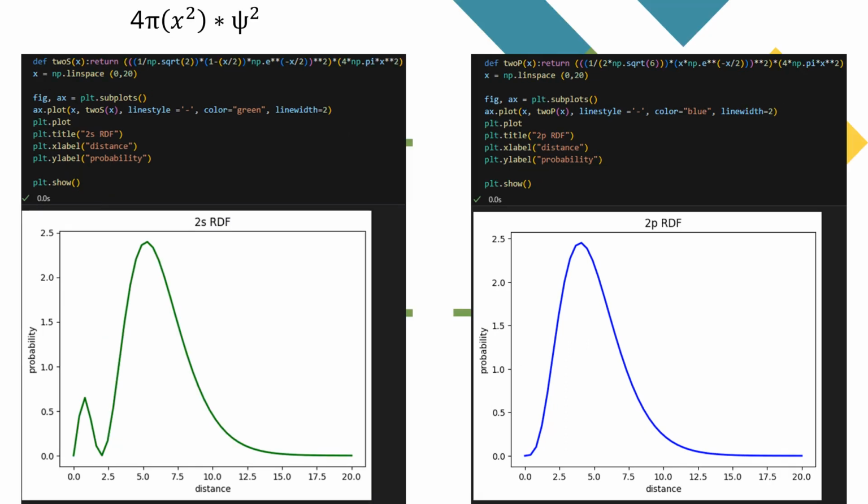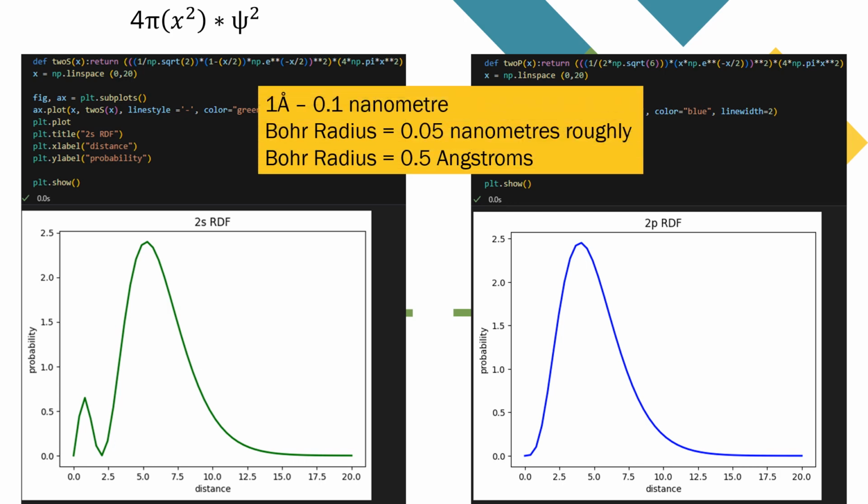Plotting the radial distribution functions. To do this, we take our previous equation, including the square, times it by 4 pi, and times it by the wave function squared. These plots show how the surrounding space differs as a function of distance from the nucleus. As our graphs are recorded in angstroms, I worked a few conversions to find where it is more probable to